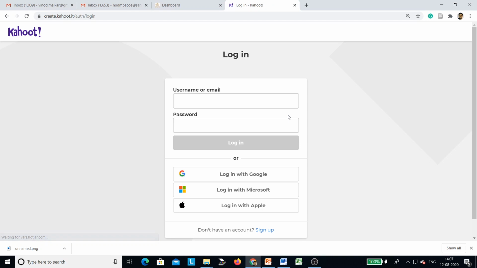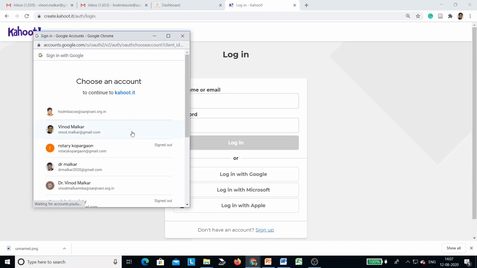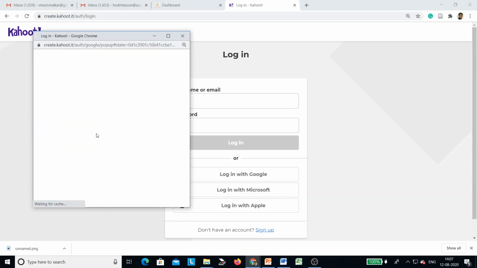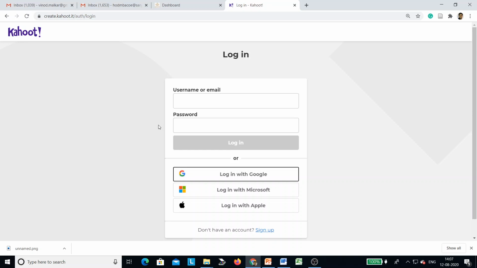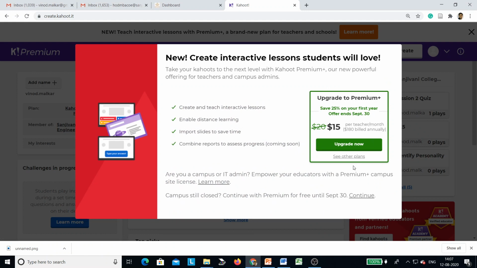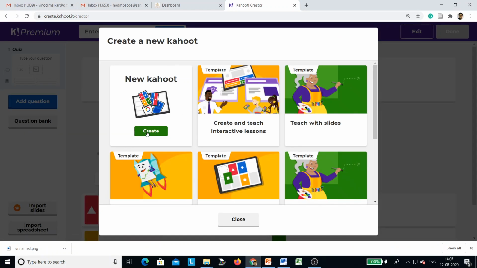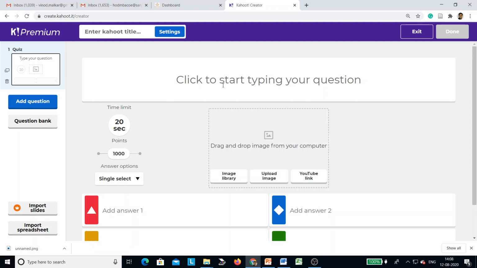Once I log in with my Gmail account, I will open this one, and you find I had already created some of the games. Here you can create a new one, and this is the create option.